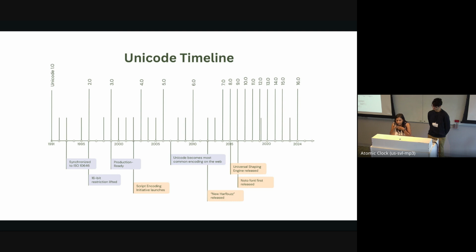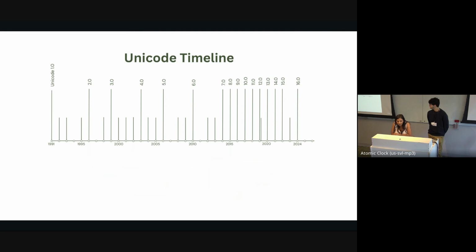In 2015, Microsoft released the Universal Shaping Engine designed by Andrew Glass, and that was also very important in speeding up the process to add shaping support for minority scripts, especially when they didn't match the pattern of existing scripts or script families. And then in 2016, the Noto open source pan-Unicode font was first released, and so on. We didn't have room to put on more things, but you can think of other milestones in font technologies, like the invention of OpenType and advances there, or the release of Keyman for building input methods, etc.